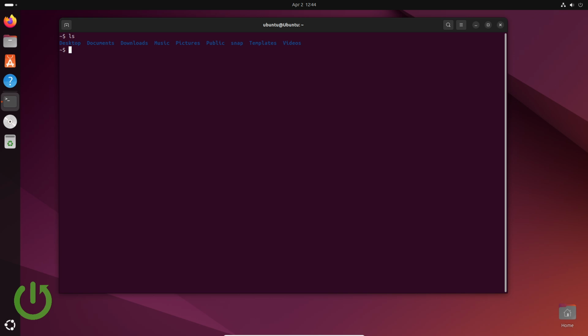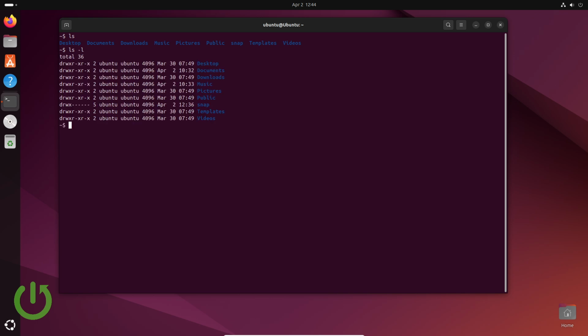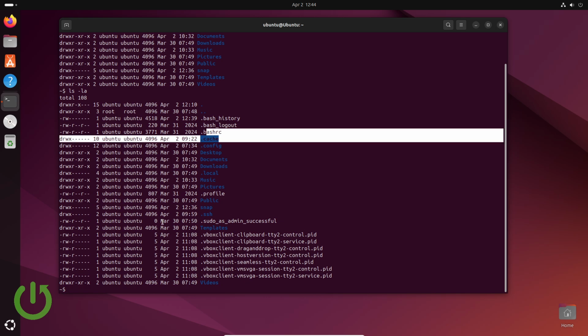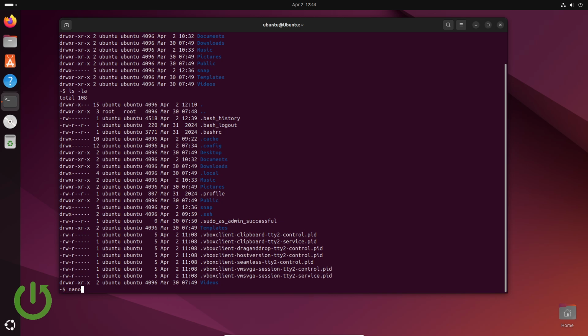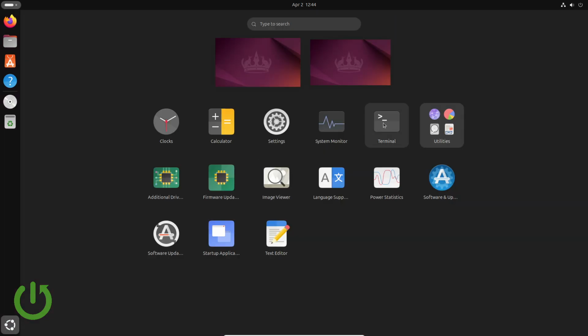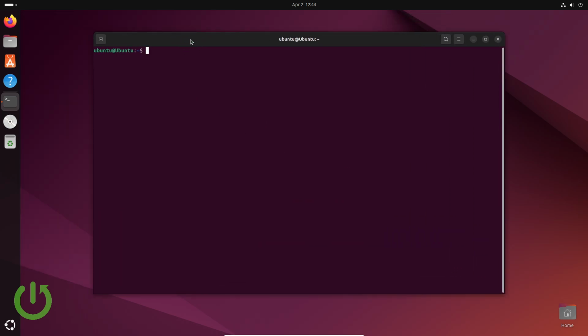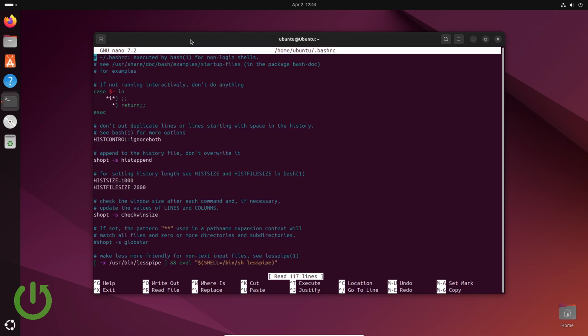So maybe now I will show you how you can make it permanent. You have to edit a hidden file in the home directory, and it is .bashrc. Maybe I didn't mention it, but after closing the terminal, this will reset. That's why I am doing it right now, to make it permanent. So again, nano, and from the home directory, the file called .bashrc. And we have to find here something called